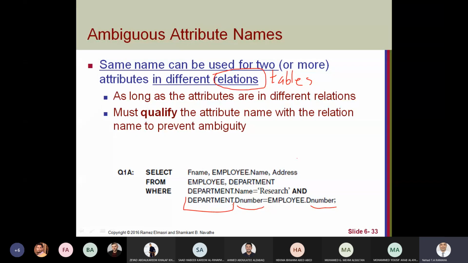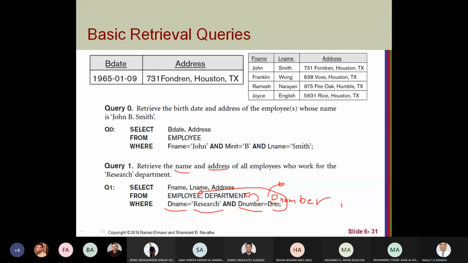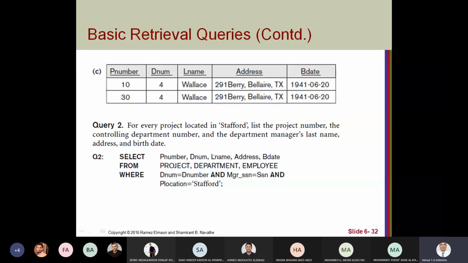So I have to mention here that this D number belongs to department, and this D number belongs to employee. This is the same example as before, but with the assumption that we have the same D number.